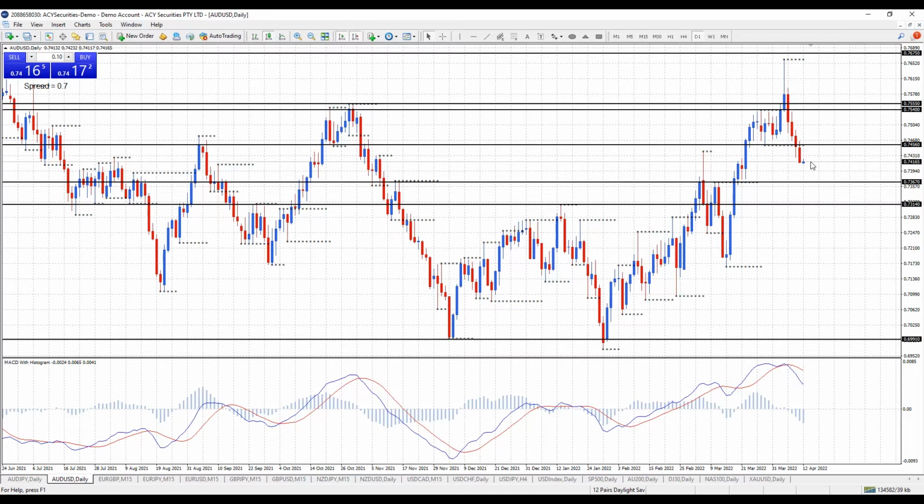As I say, looking for a pullback. Now the question is, now that we've broken 74.56, will price just come back up and retest that level? And that's it. So what could happen? Get my drawing tool here. Of course we can just continue down and never have a day up, but what I'd like to see is that we do have a day up and we just hopefully come back to 74.56 and hold,